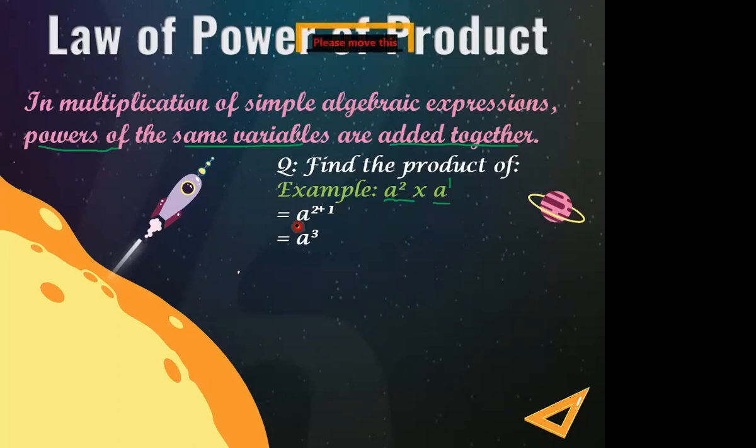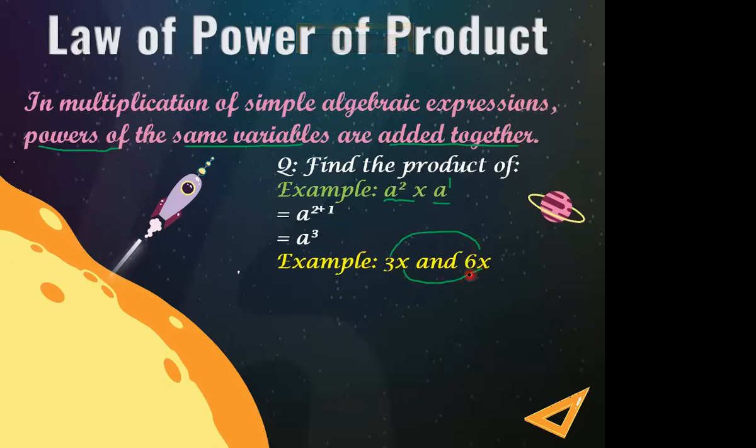Now the next example, which is 3x and 6x. Here you have to multiply 3x and 6x. The same criteria you will follow. You will multiply coefficient with coefficient and variable with variable, but as you can see the variables are the same, so you will add their powers. Now look here. You will simply write 3x multiplied by 6x. These brackets represent multiplication.